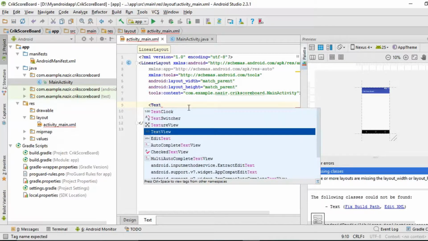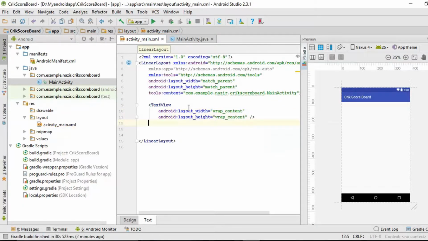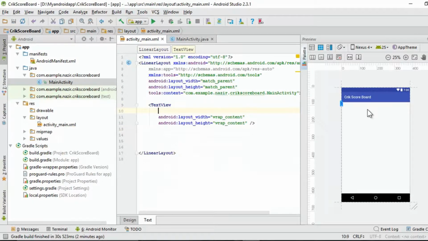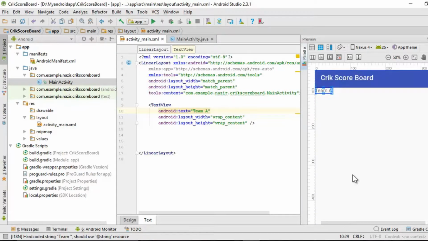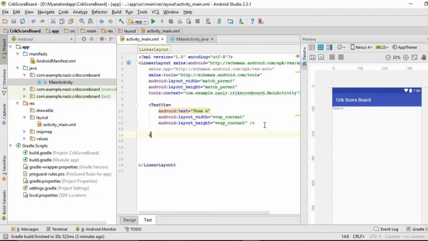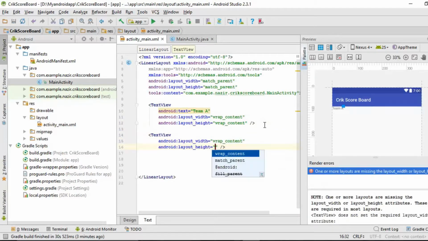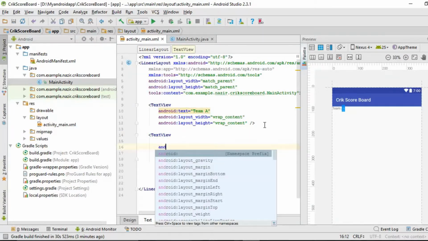Text view, hit enter, give it a wrap content. Alright, create one more, but I can't see anything over here, so I have to add something. Android text, I'm going to keep its name as Team A, and zoom in a bit so it's much clearer for you to see. Team A, and add one more text view, wrap content, and give it a value as Android text